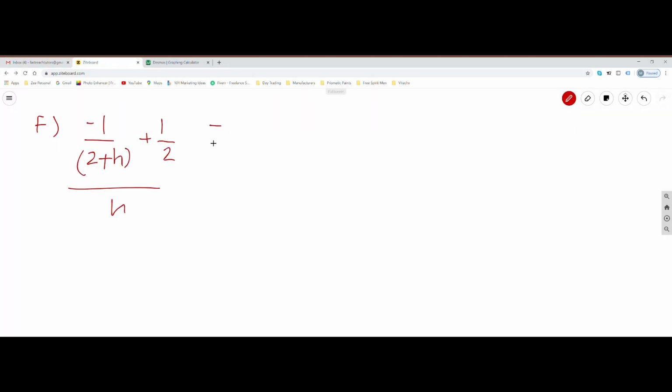So you're going to multiply the 2 to this fraction and then multiply 2 plus h to this fraction. So negative 1 times 2 plus h times 2 plus 1 times 2 plus h